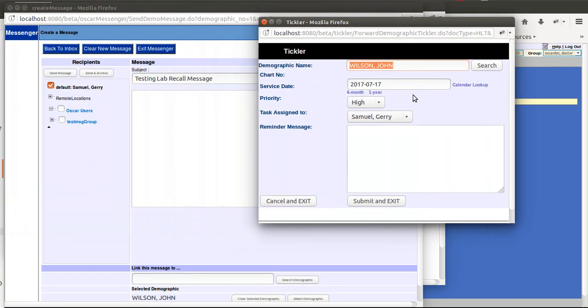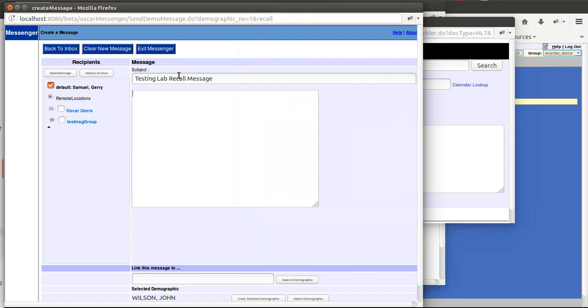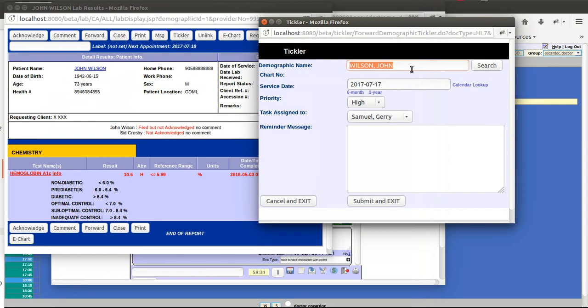Then I'm just going to demonstrate the link from the tickler to the lab. I'm not going to bother sending this. It works fine. So what I'm going to do is change this. You'll notice here that